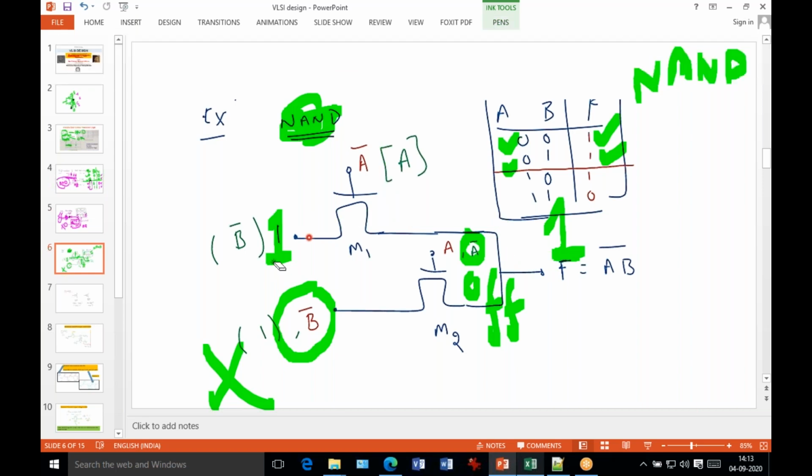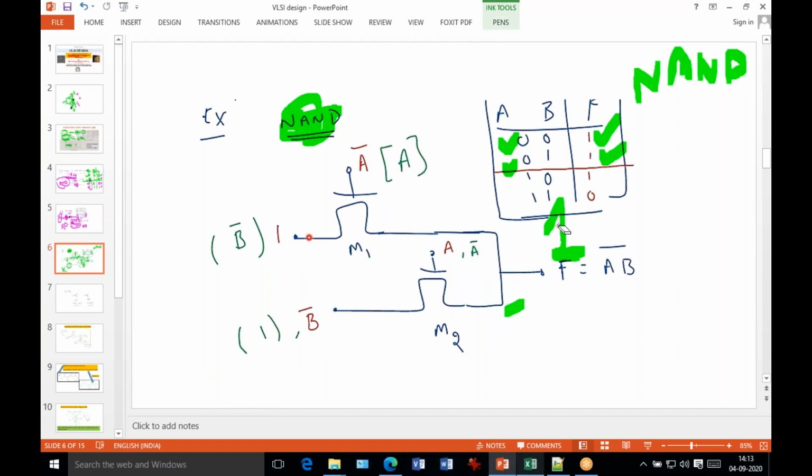Now we change the condition. Okay, suppose that I change some condition. In the previous case, I put logic 0, but now we put logic 1. My A node is 1. So A is 1, this is 1, and this is 0 because this is the A bar. Okay, so first you analyze the transistor behavior. It may be on or may be off. So this is off, and this is on.